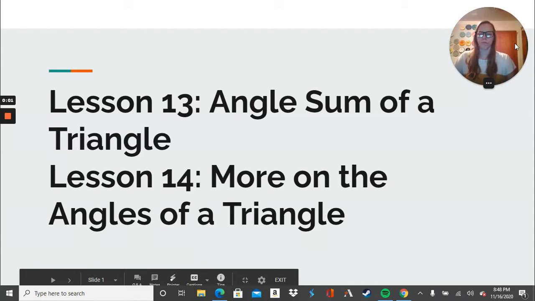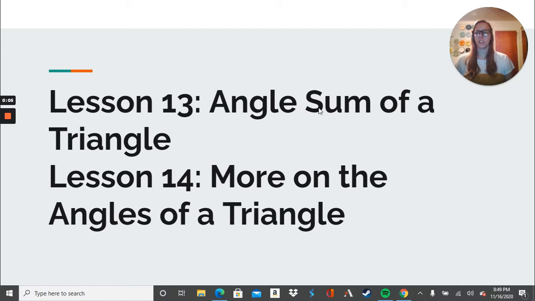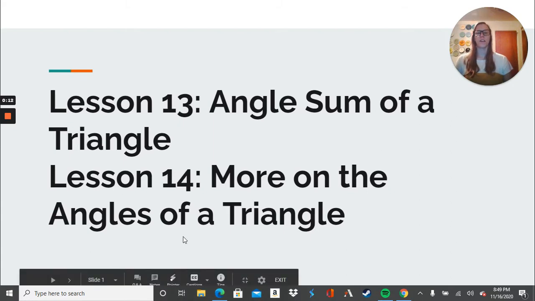8th graders, next lessons for math. We'll actually be having a test tomorrow. So we're looking at lesson 13, the angle sum of a triangle, and then lesson 14, more on the angles